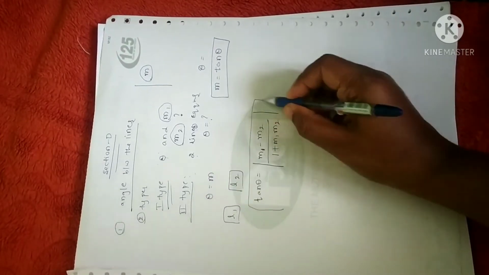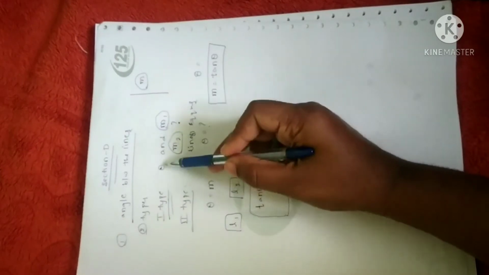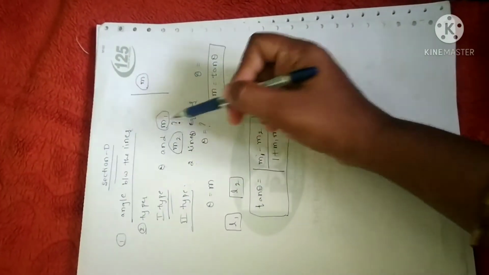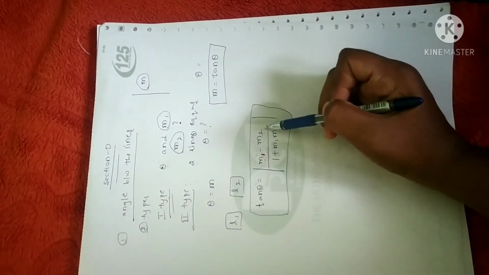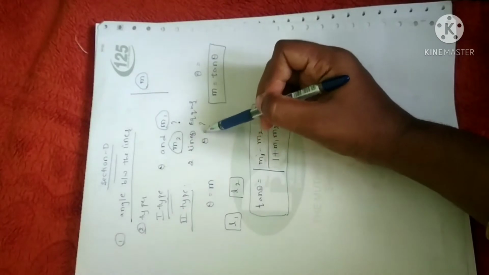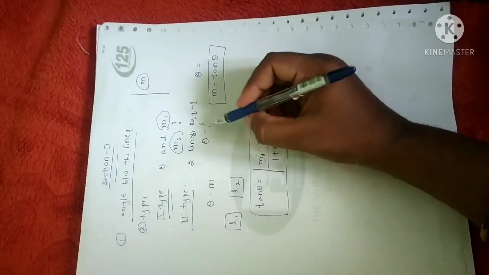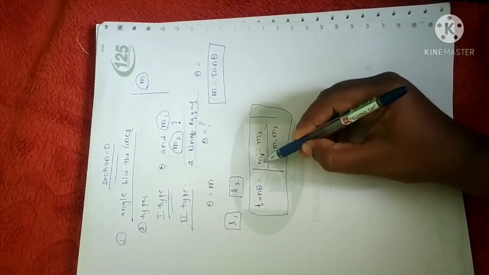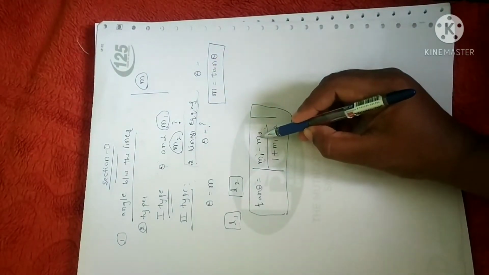So in this formula you can note that in the first type of question they'll give the theta value and the m1 value, and you have to find m2. Otherwise, in the second type, they'll ask you to find the value of theta and they'll give two line equations. From those line equations, you have to extract the values of m1 and m2.